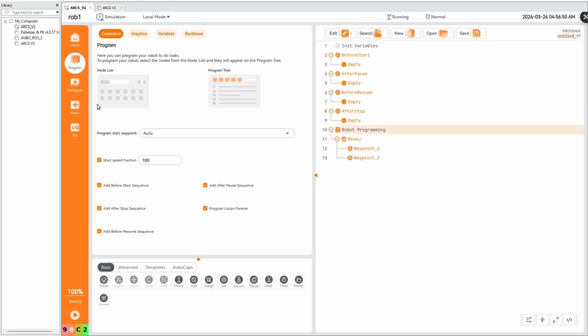And back to the program, you can see that the program looks wherever is also here. And that's some of the settings that you can use for your